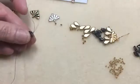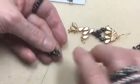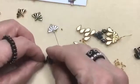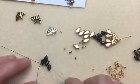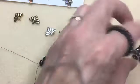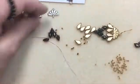And pick up a true 2 that's going to sit right in the middle. Go through the other side, gem duo. So this is where we are right now. Now we're going to repeat a 15, a gem duo, and a 15 with the same thread, a 15, a gem duo, and a 15,